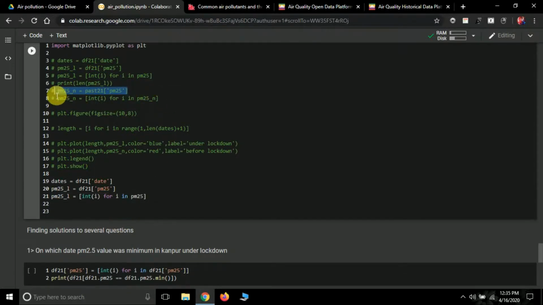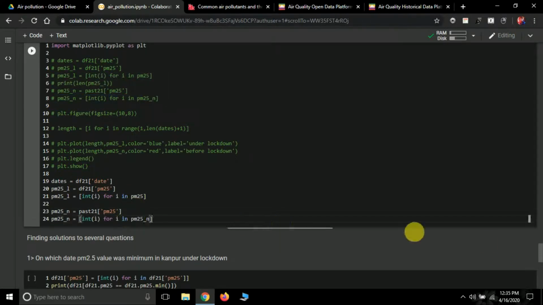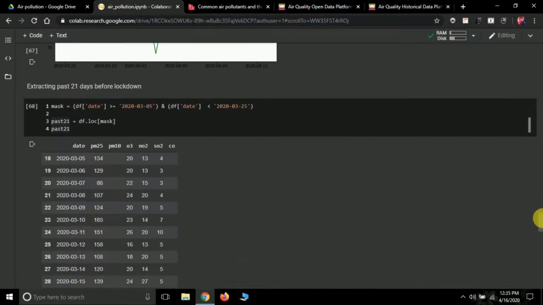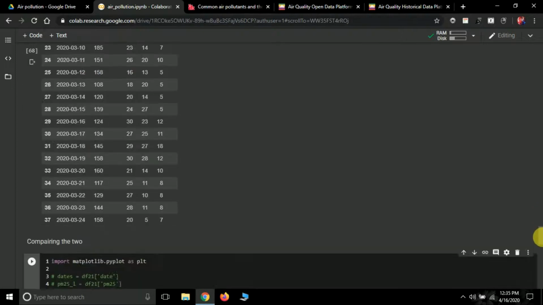Then we are going to extract the PM2.5 values of days before lockdown in a PM25_N variable. L stands for lockdown, N for no lockdown. Sorry, my English is not very good, so we have created the variables just like this. And again we are going to convert it into integer values, because again all these are strings. We have to convert them into integers.